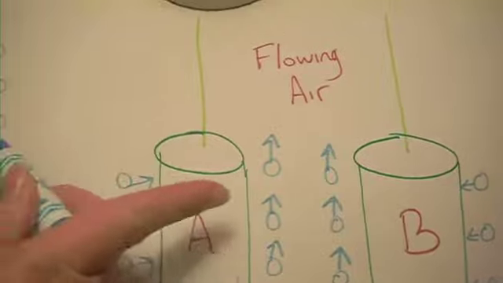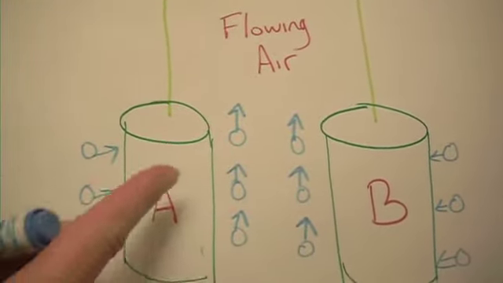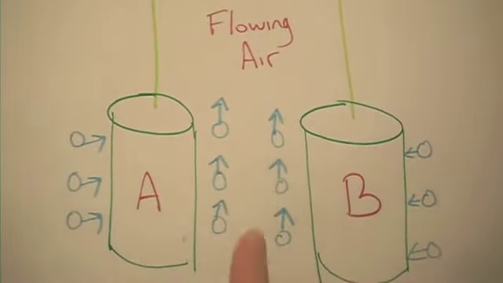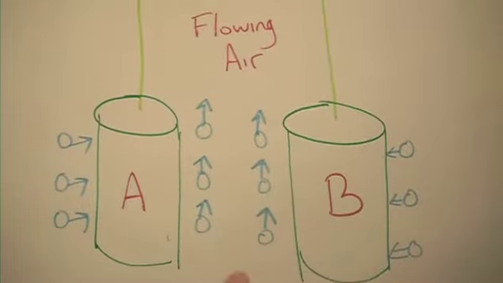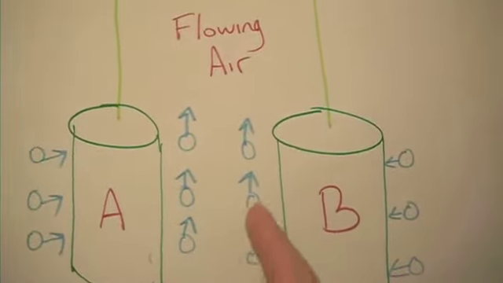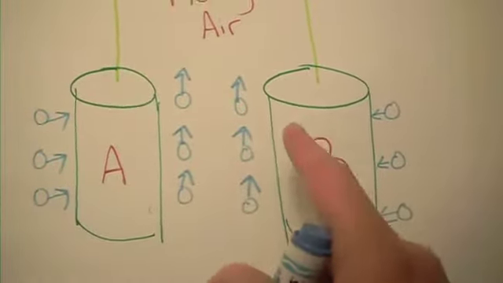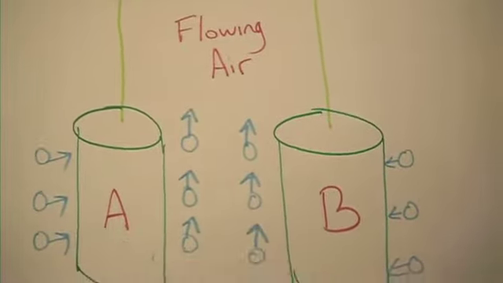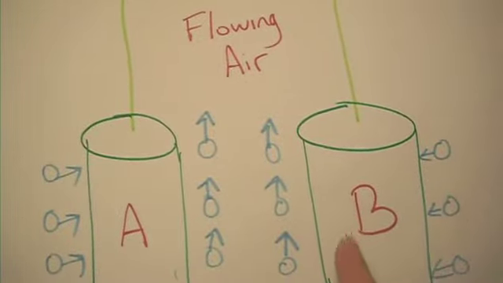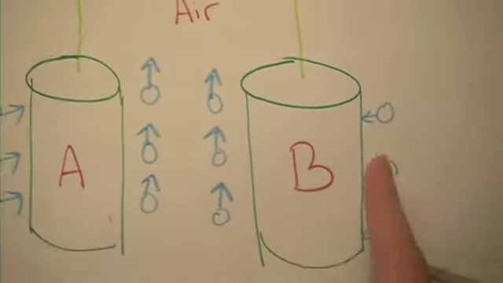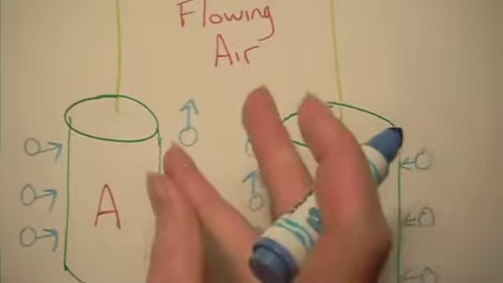The molecules on this side are still pushing this way. These molecules no longer are, because they're flowing in a direction that is not towards the can. And so this can moves in. I should have drawn that, but use your imagination. The same thing happens with this can, same exact concept, and they come together